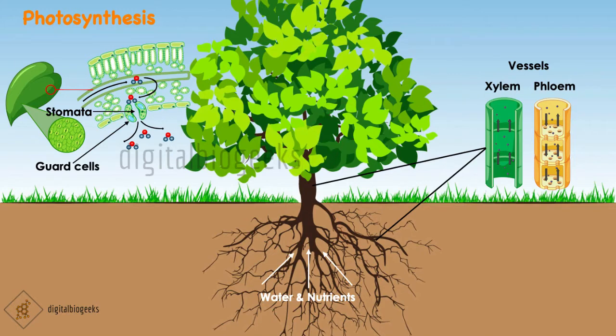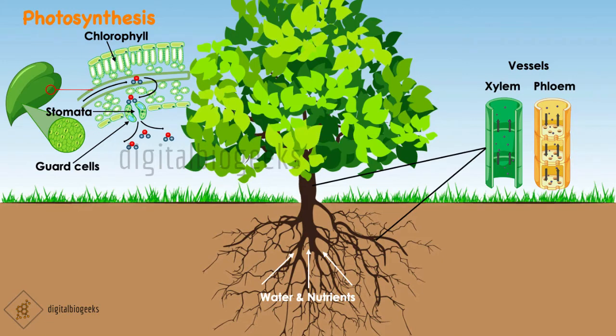The leaves have a green color pigment in them. This green pigment is known as chlorophyll. Chlorophyll helps the leaves to capture the energy from sunlight. This energy is used to prepare food by using water and carbon dioxide. As this process happens in the presence of sunlight, it is known as photosynthesis. Photo means light, synthesis means to combine. So, in the presence of sunlight, water and carbon dioxide are combined to produce carbohydrates.